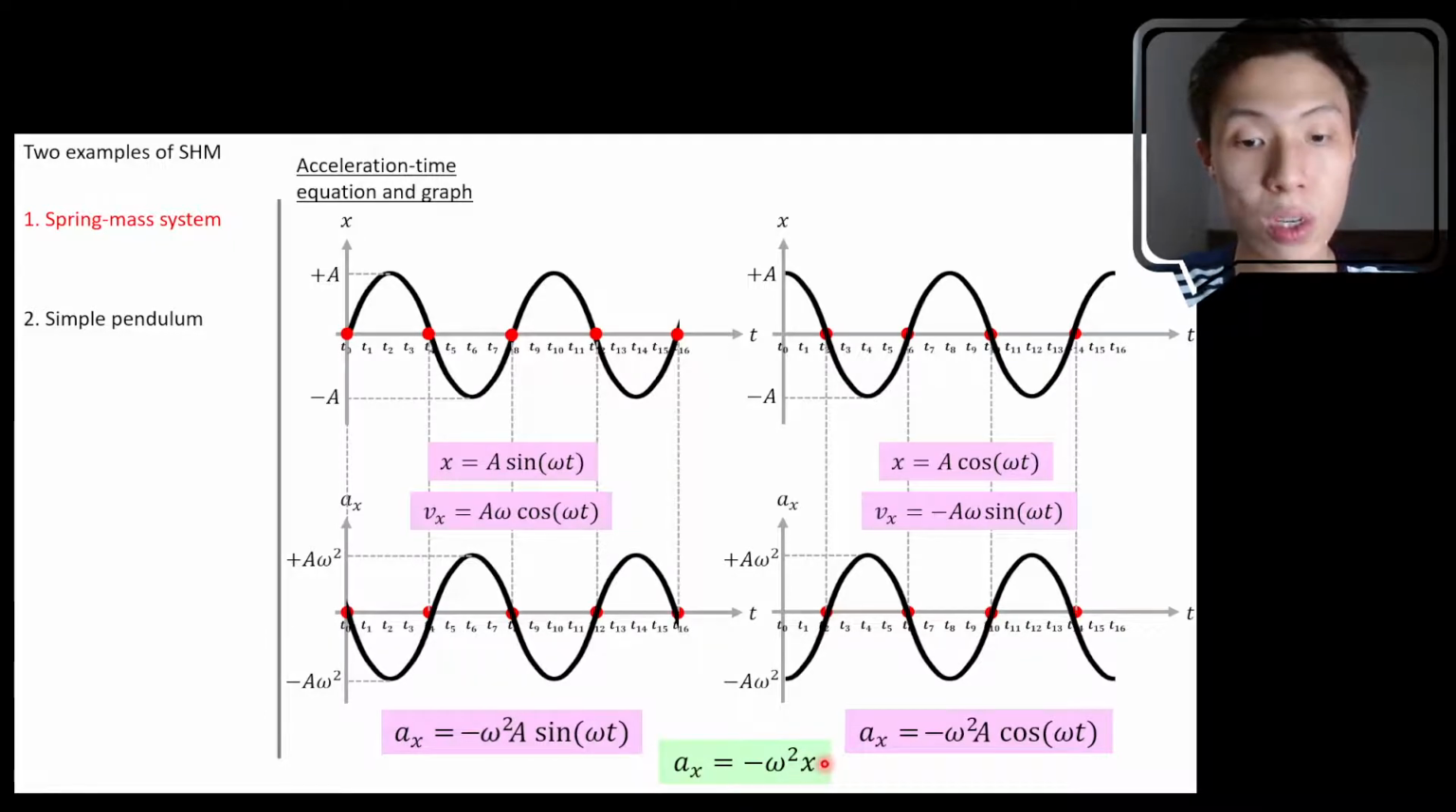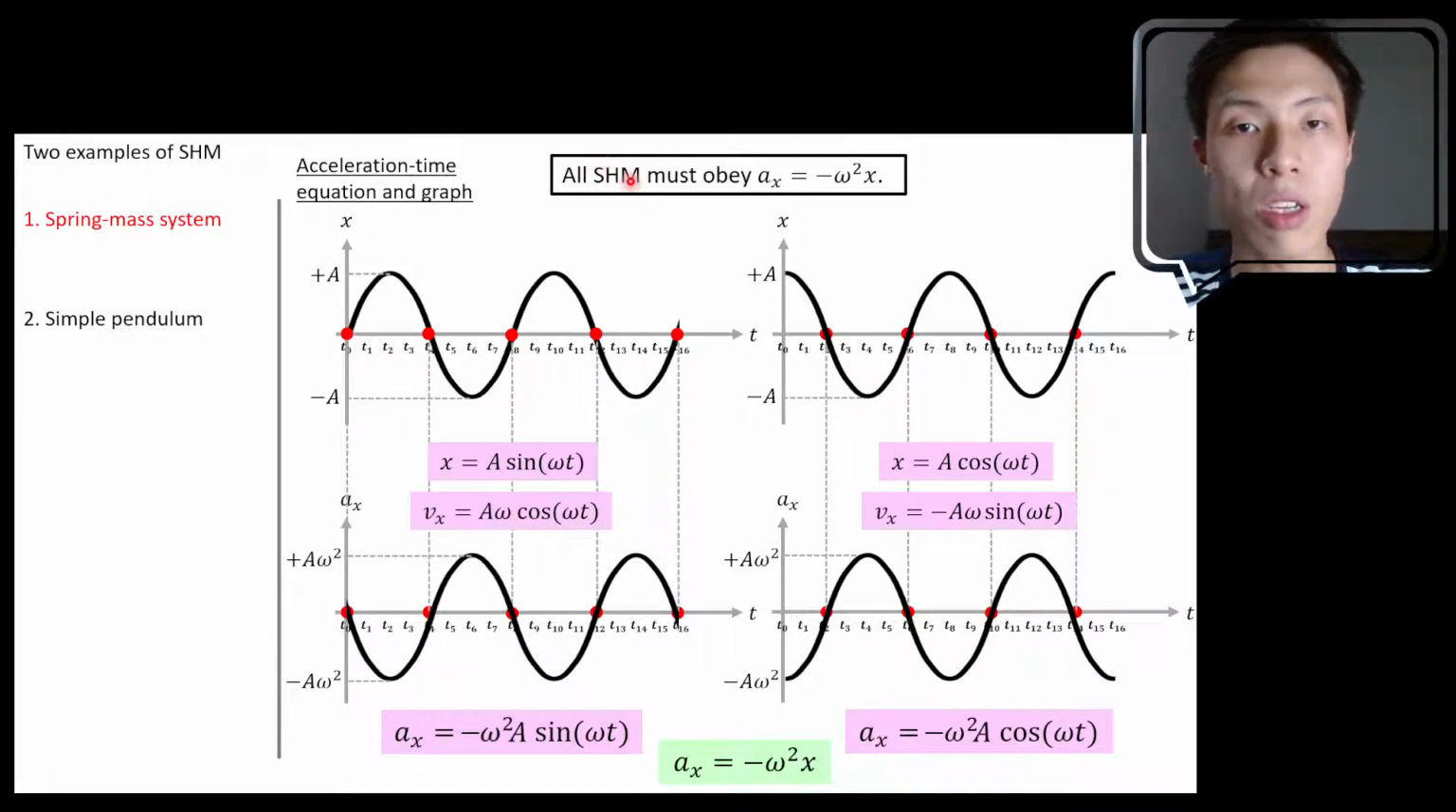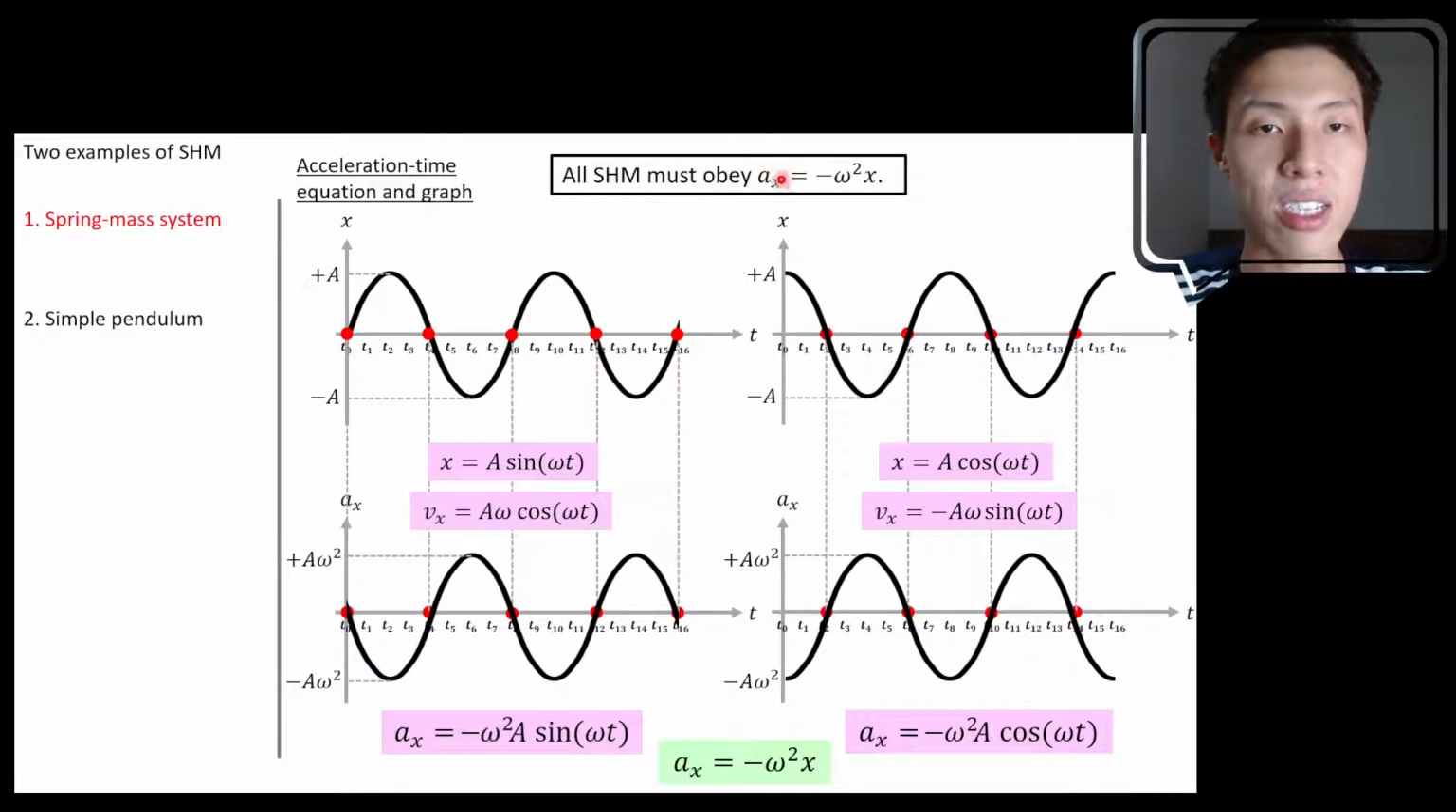So we have derived an equation that relates acceleration and displacement. It is actually a general equation, and all simple harmonic motion must obey this equation, in which a_x, the x component of acceleration, is equal to negative angular frequency squared times the displacement. Because this equation is general for all simple harmonic motion, but it's almost general, you can change it to